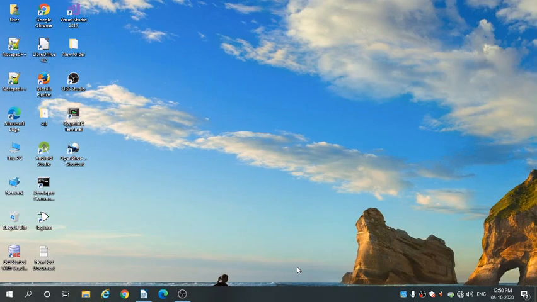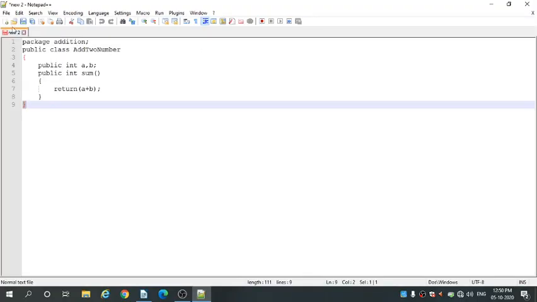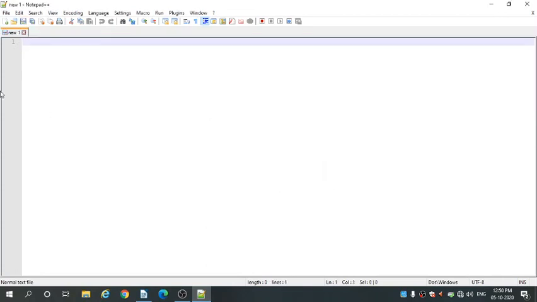Okay, so let us start with creating the package. Open Notepad++. Okay, so we are creating here the package with the name addition. Package addition.